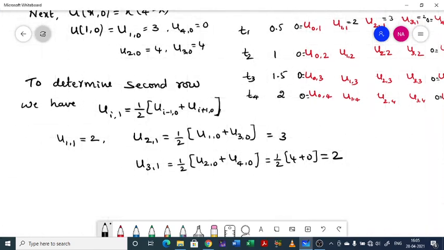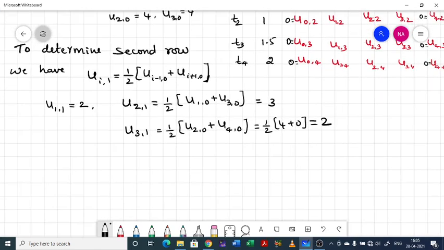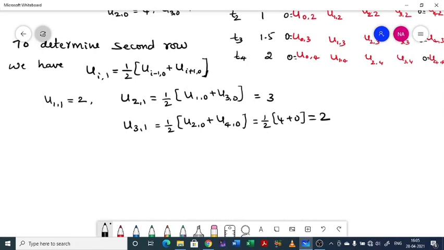Finally you have to determine other rows. So first column, second, last column, first row, obviously we get from the initial conditions. For the second row you do not use this formula; for the next rows there is a different formula, and you have to use that formula to determine the next rows. We have to use this formula.